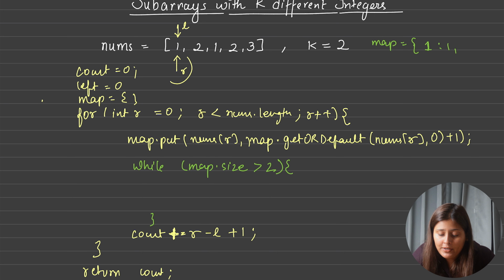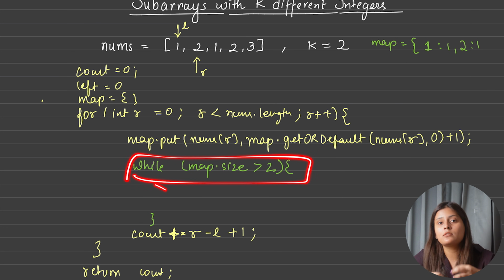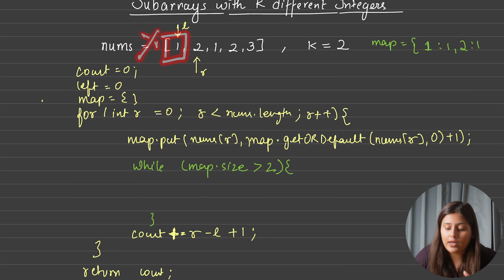So we will move this right pointer ahead. The right pointer will point to this, and now in our map, what will get added? Of course, 2 will get added with 1, correct? Okay, so next time again, it is still less than, not greater than, so it is still our valid answer. So if you see, the count variable has counted 1 also as a valid answer, and 1 2 also as a valid answer. Why? Because by default sliding window works for at most, so it will check less than k and also equal to k. Okay, and we will see later how we can ignore this. We will see that.